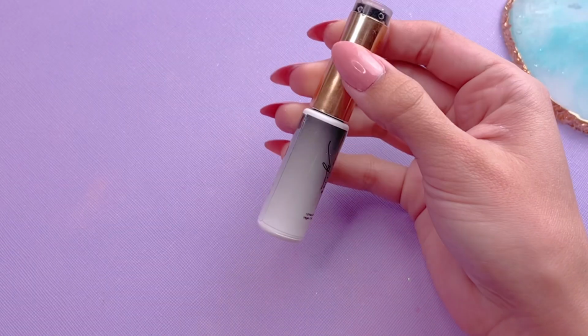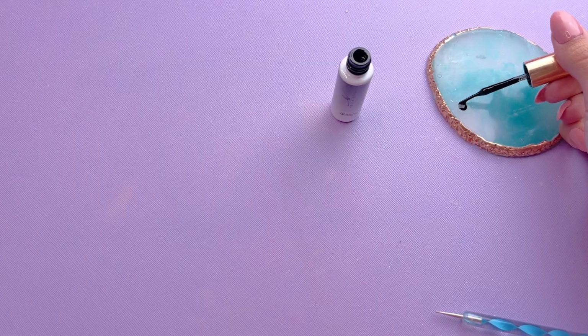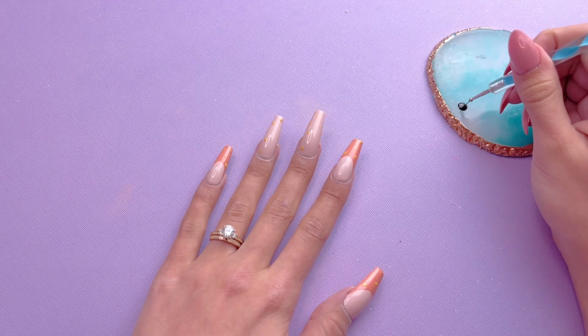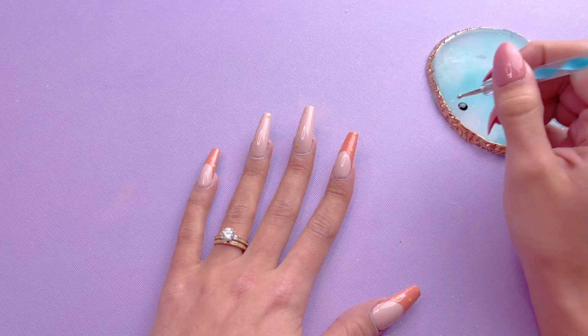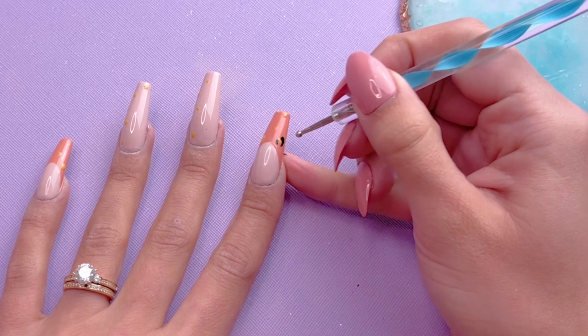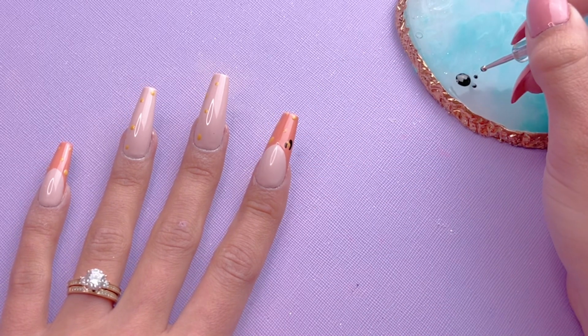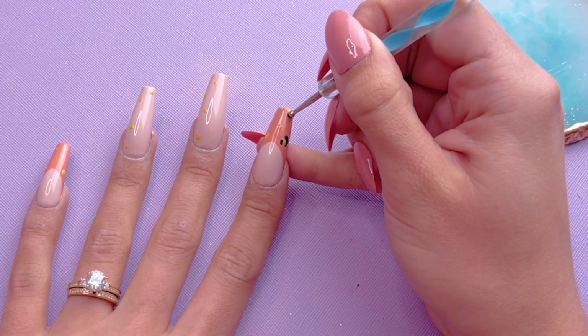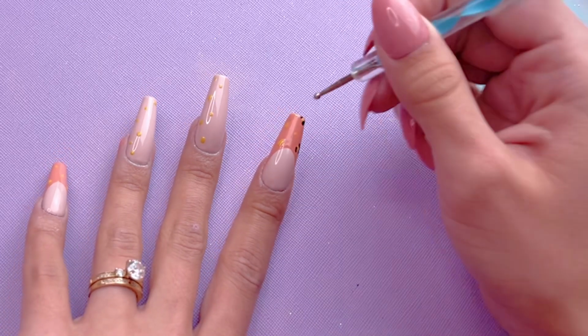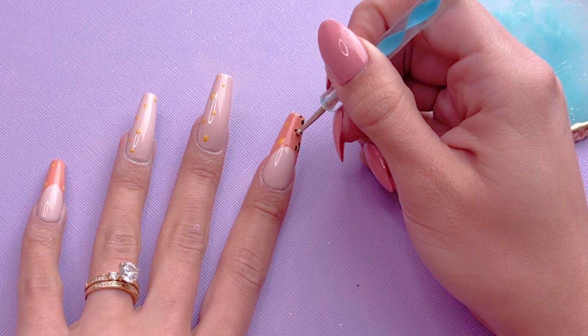This is number 10. This is from my different gel liner collection. I am going to add some of the black gel polish onto the nail palette to easily pick up with the dotting tool. I did clean the dotting tool in between those 2 gel polish colors. I'm taking a little bit of the black gel and I'm basically going to do some black outlines around those yellow dots. You do want to leave some gaps in between these circles just to make it look a little